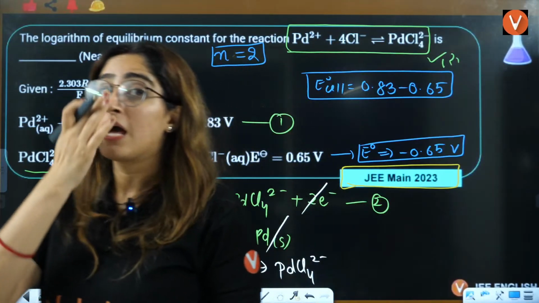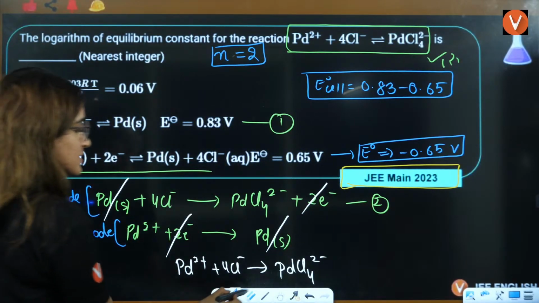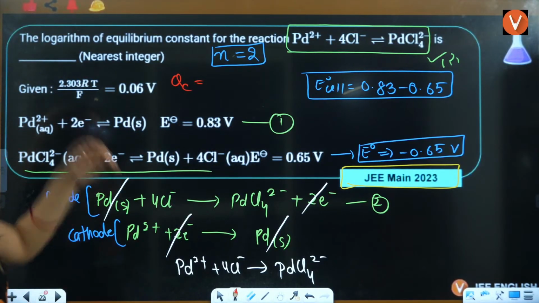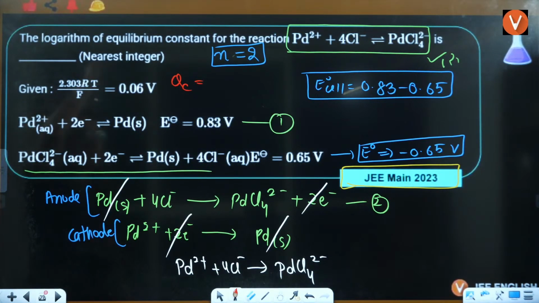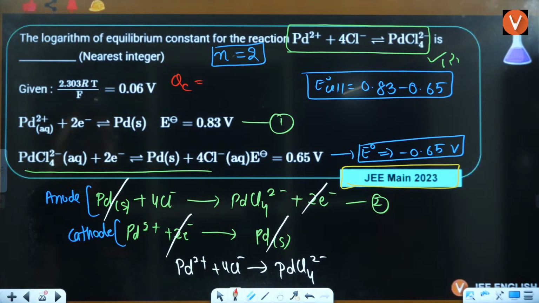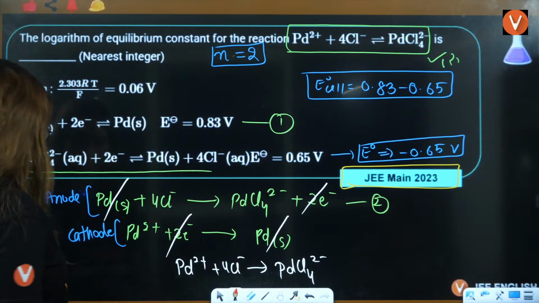Okay. Now the last part is to understand what is Qc. What is Qc? If you see this here, what is the value of Qc, guys? Reaction products by reactants, it is very simple. I think they are asking you the equilibrium constant only. Qc, then you don't have to apply, right? Simply what you will do,